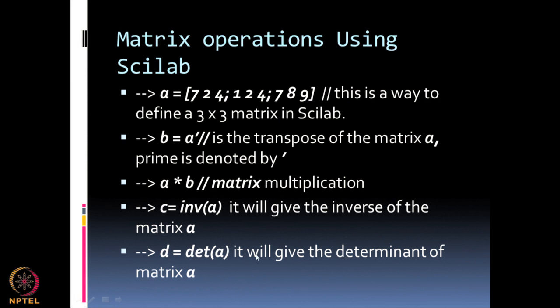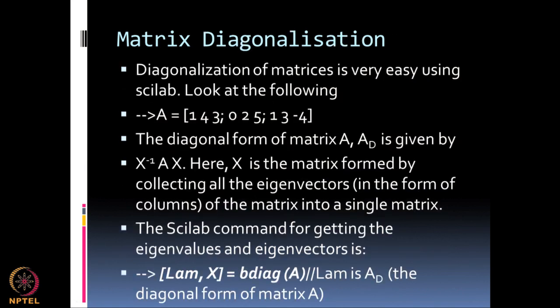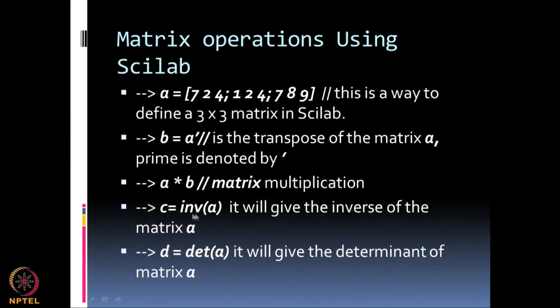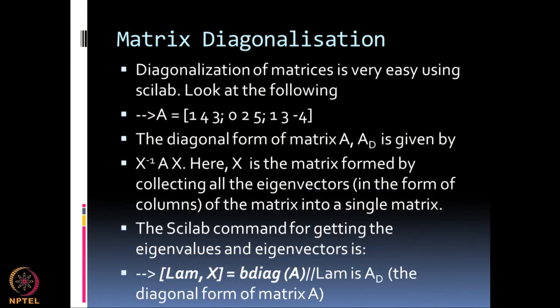So, what I will do, I will illustrate all these commands now and we will execute most of them. Okay. So, this is for the matrix operations. So, remember to get the inverse matrix, you had to write an entire Gauss elimination program which took several hours. So, in Scilab it is very, very simple, just a one line statement. So, is it for determinant. Now, let us look at matrix diagonalization.